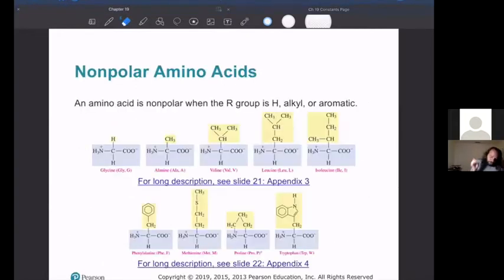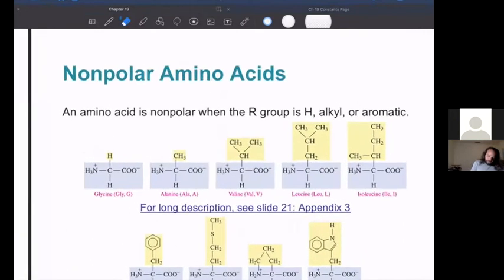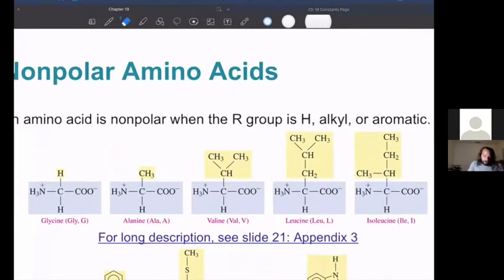Okay, so let's start. We're going to go with the simplest ones here, which is the nonpolar R groups, which have either just the hydrogen, the alkyl groups, or an aromatic. All right, so glycine is the simplest of the amino acids in that it doesn't really have an R group. It's just a hydrogen. It's really teeny tiny as far as R groups go, right? Because it's just that hydrogen there. It's considered to be nonpolar because just a hydrogen can't form hydrogen bonds. It has to be like an OH or an NH.